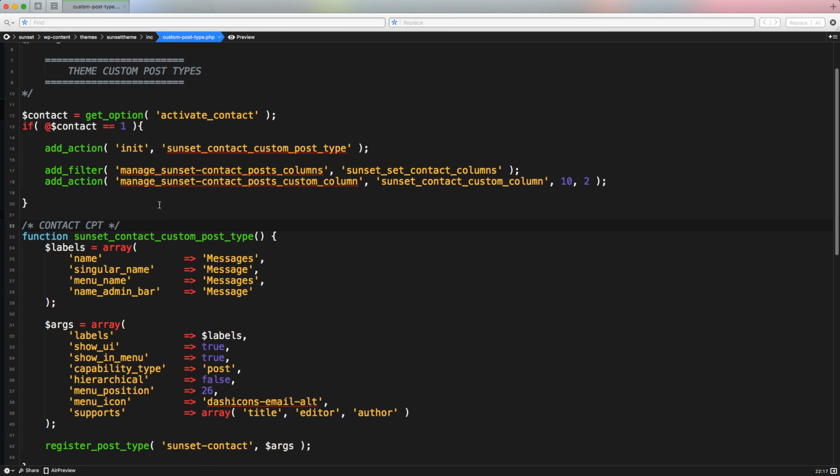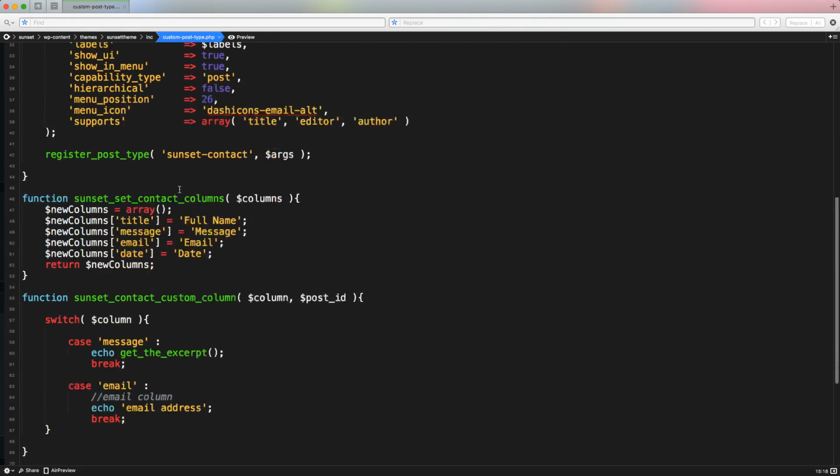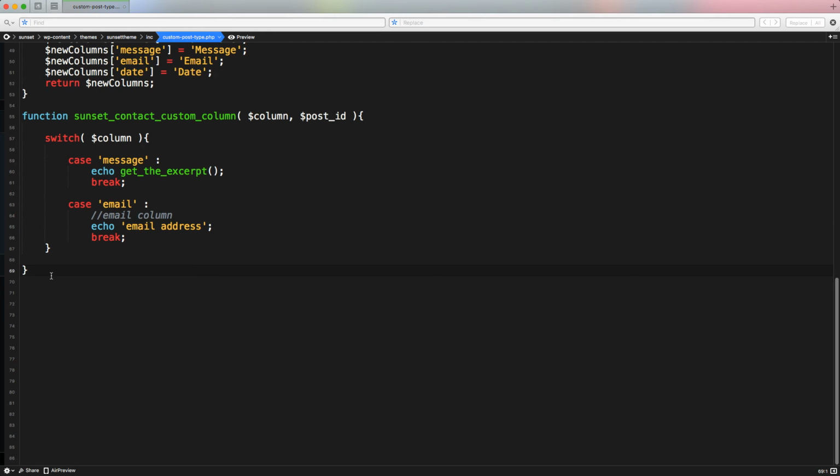And also in this case, I don't want to create the action here. I don't want to add the action if the contact form is not active. So also in this case, I have to put the hook of the action inside the if statement to check if the user actually wants the contact form. So let's scroll down until the end of our code. Let's create a comment here and let's write contact